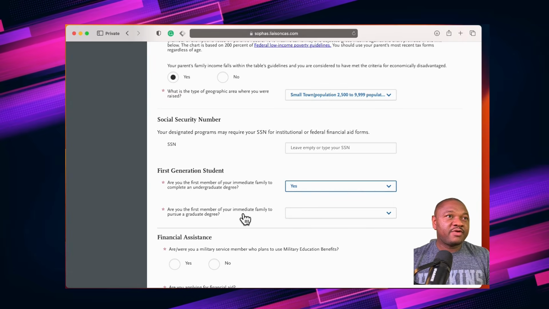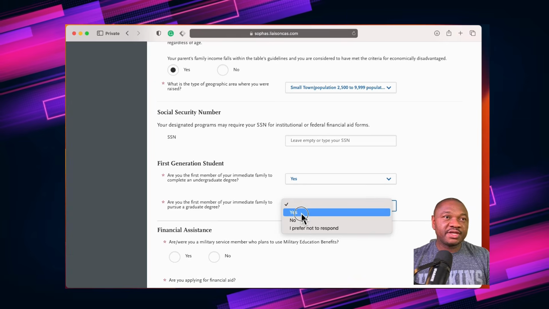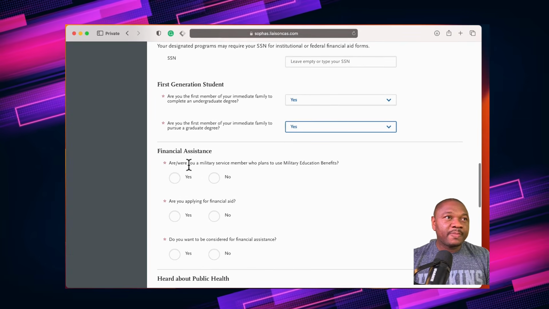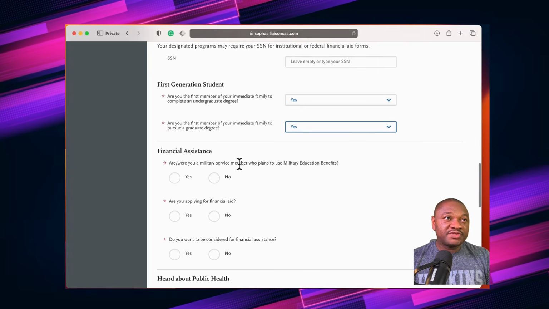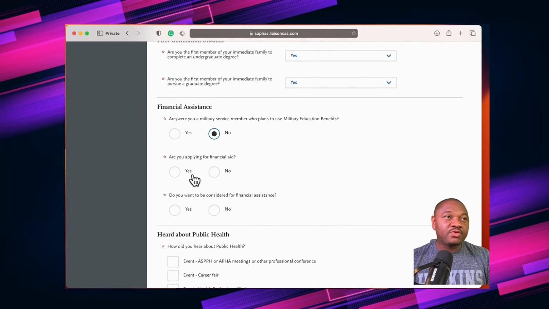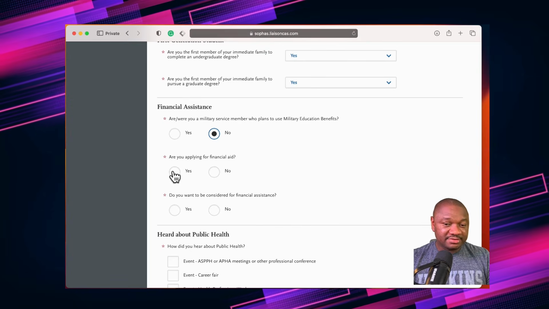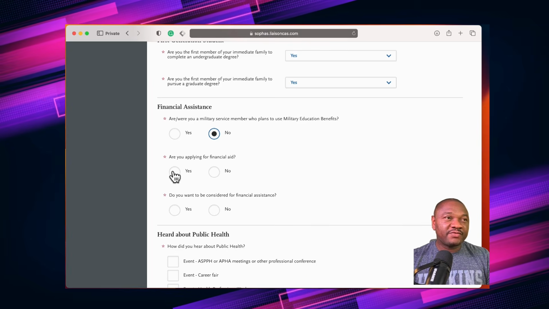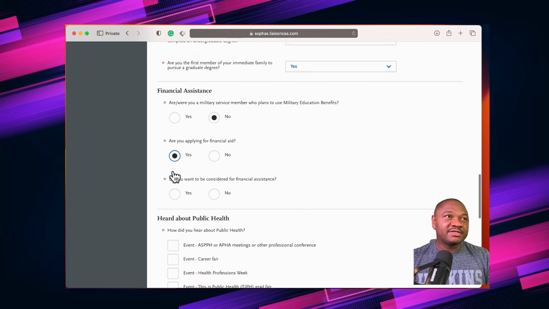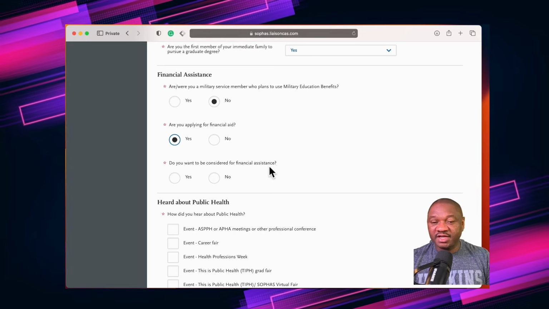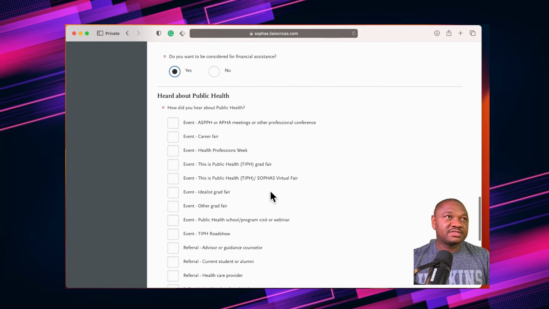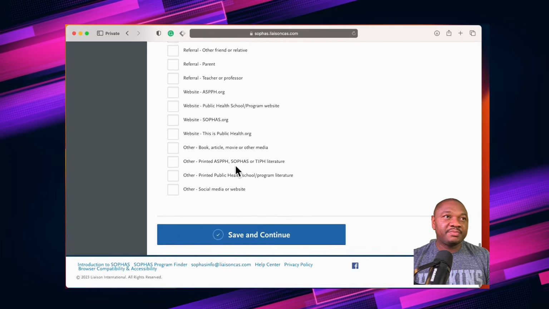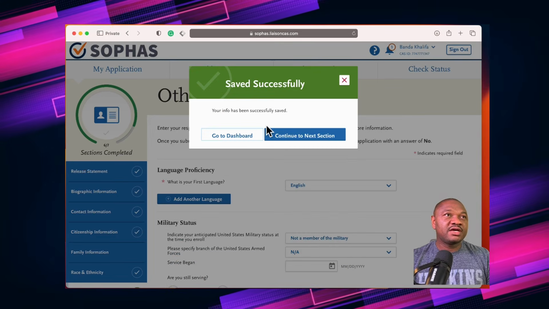Are you the first member of your immediate family to pursue a graduate degree? Go ahead. Financial assistance. Are you a military service member? No. Are you applying for financial aid? So your bargaining for financial aid starts from here, right? Do you want to be considered for financial assistance? Yes. How did you hear about public health? So you can pick whichever one you want. All right, so now we're